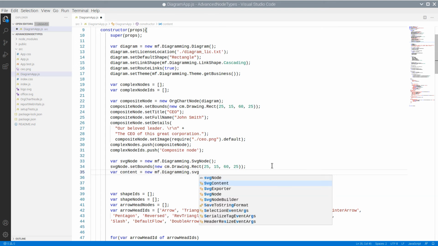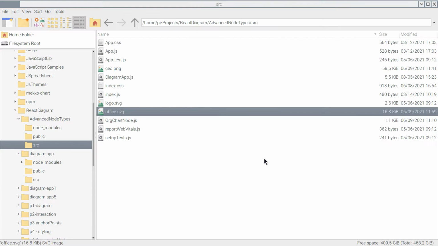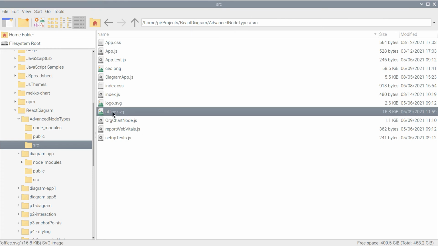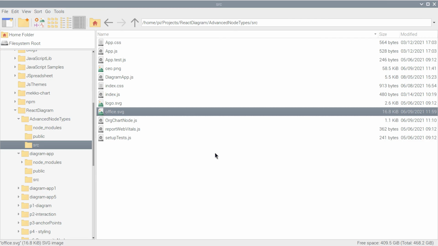Then we create an SVG content instance. For a content of the node, we have prepared an SVG image.